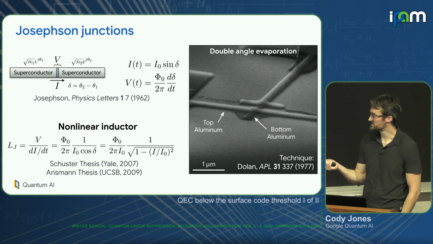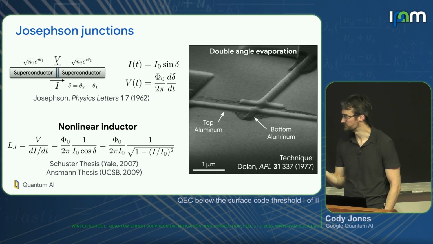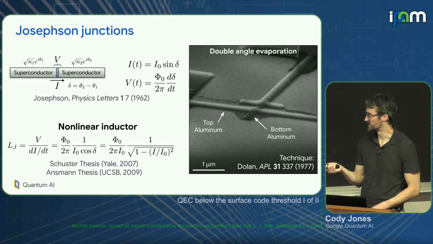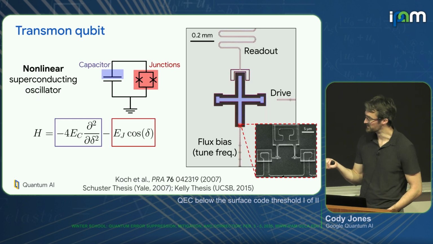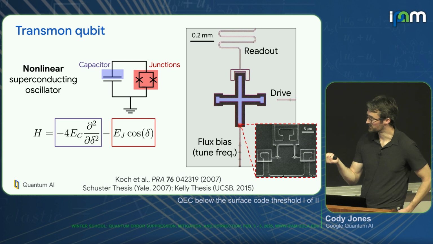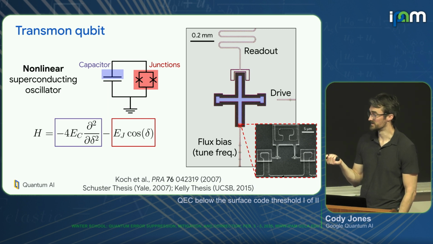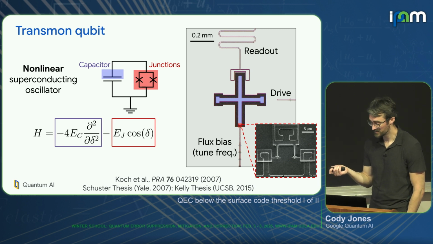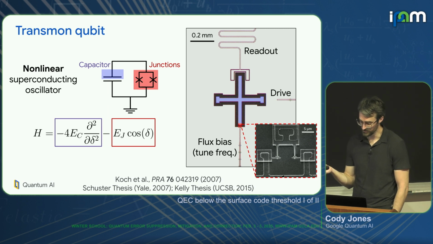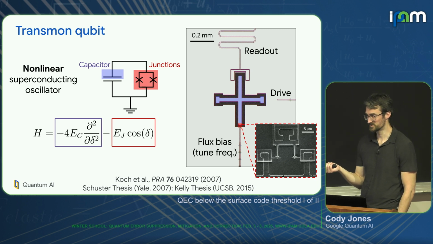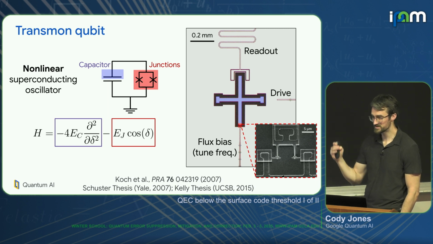I won't dwell too much on the physics, but the important message here is that this creates a nonlinear inductor. Okay, that's not the same thing as your textbook inductor from E&M. So this nonlinear inductor is really valuable because it allows us to make an LC circuit, a resonator, but this is now actually a nonlinear oscillator. It's an anharmonic oscillator, and that's really important because it means that we can create a qubit by being able to selectively address energy levels. If the energy gaps were constant between any two states, as you get in a harmonic oscillator, this wouldn't be